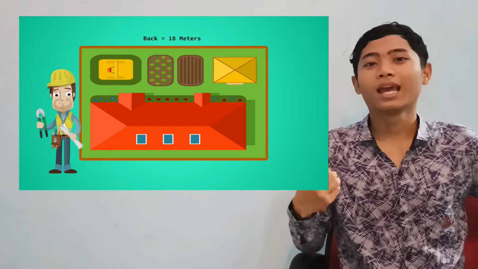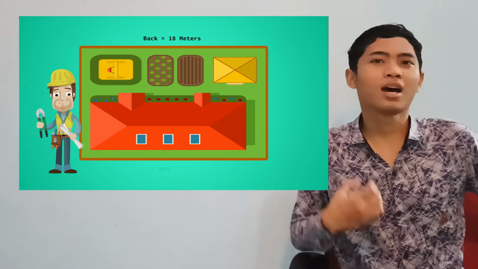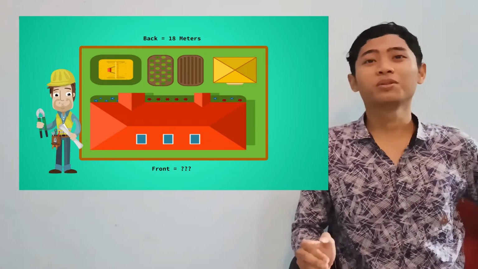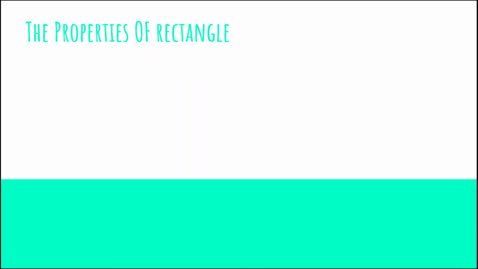He couldn't calculate the length in front of his house because he lost his measuring instrument. But he remembers that the length of the fence behind the house is 18 meters. Can you help Goergie to find how long the fence will be in front of the house? Let's see. To help Goergie calculate how long the fence will be in front of his house, we have